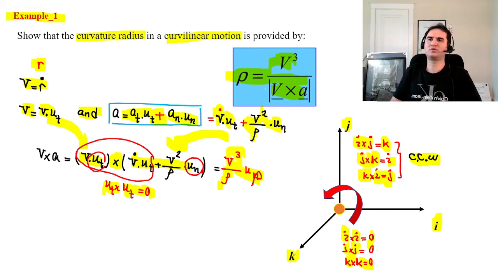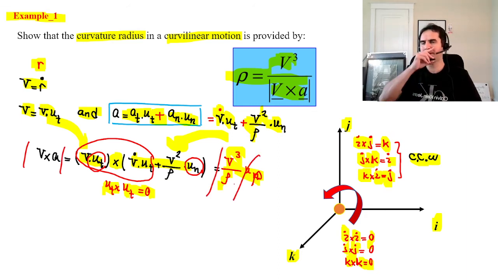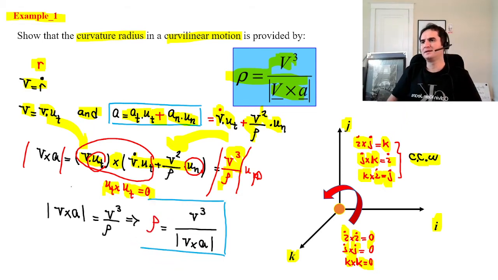But as far as we are working with the absolute value of the cross product, we do not need to care. It doesn't matter. The unit vector is not a big deal. So how does that go? Then it just says v squared times the absolute value of v cross product a is v cubed